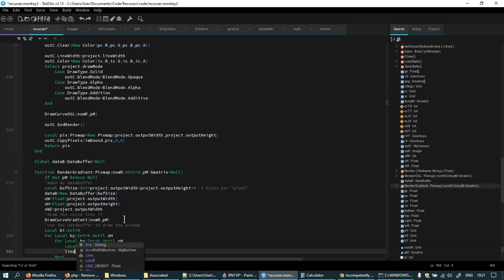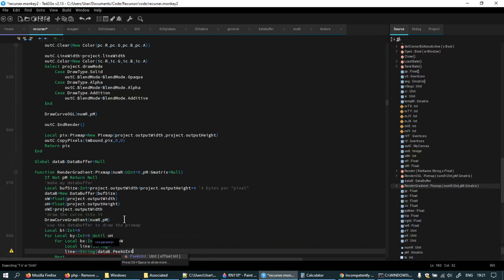I'll just say line plus equals the string of data bank peak